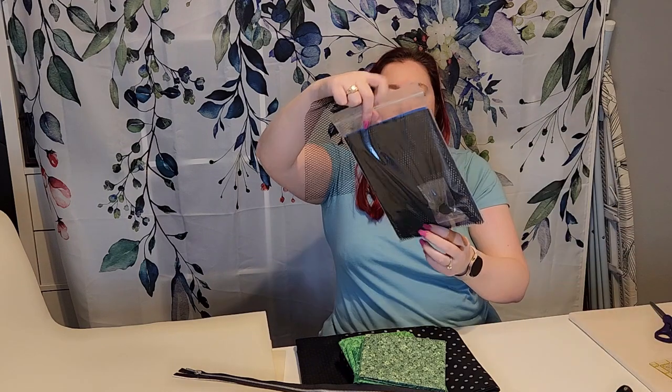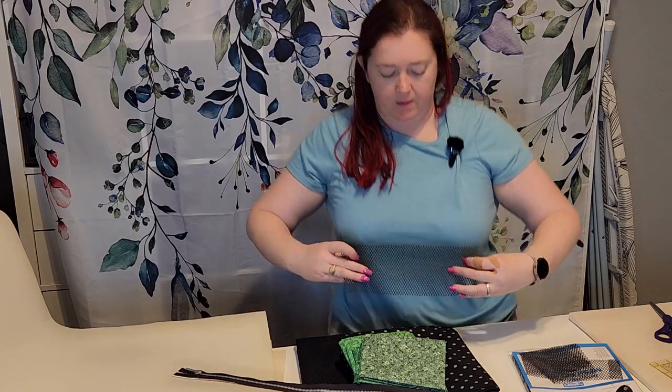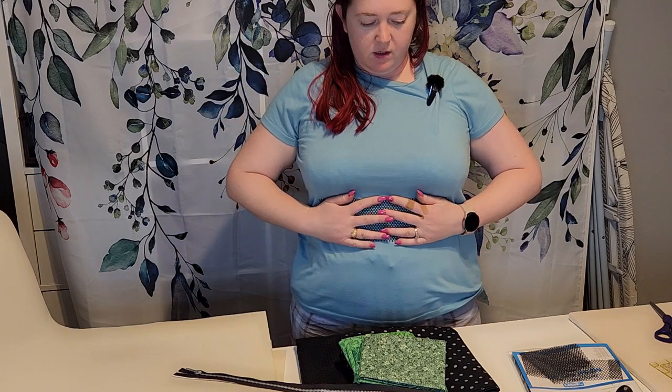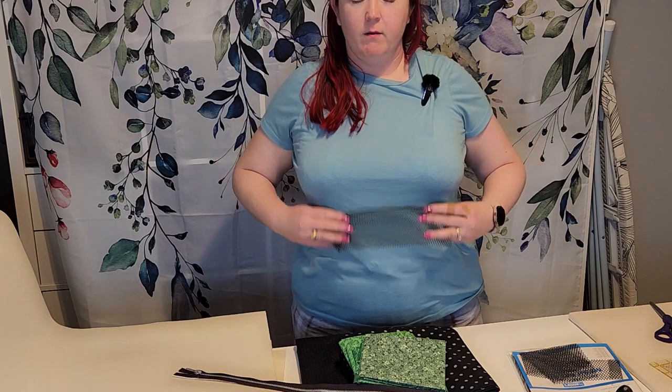So this mesh is also by Annie, used in bags and whatnot. I'm going to use this to make the top, to get that spot in between on the chest, stomach, whatever. So I need to make like a tank top or something. I can probably even buy a tank top and then just attach a chunk of this around there, in which case maybe I don't need to buy more, but either way, I need a little bit there. I also want to use it for the